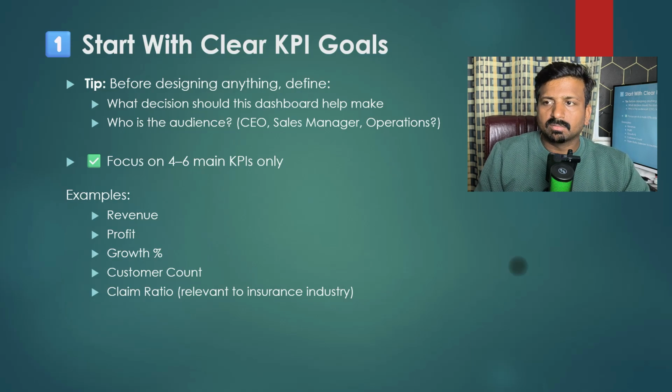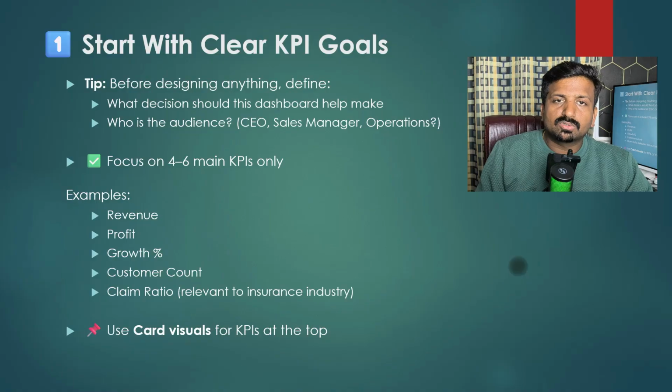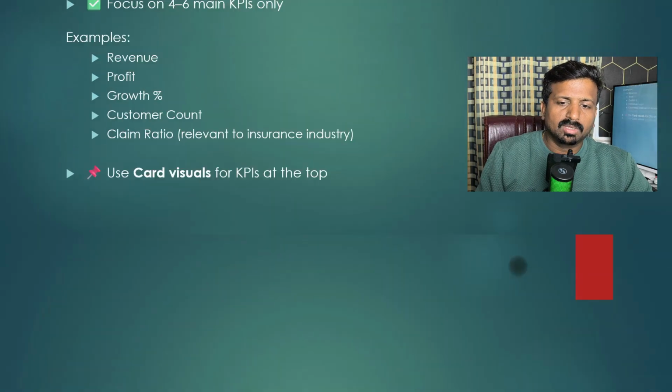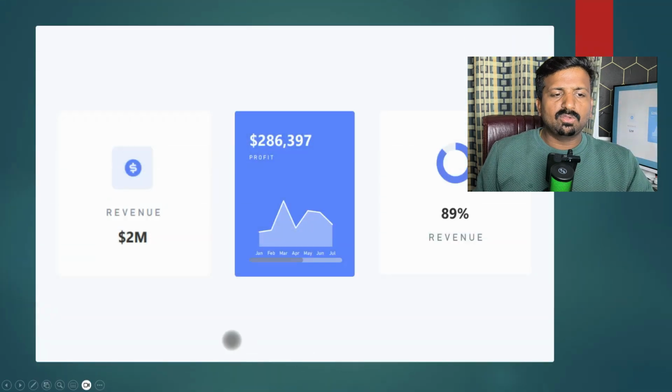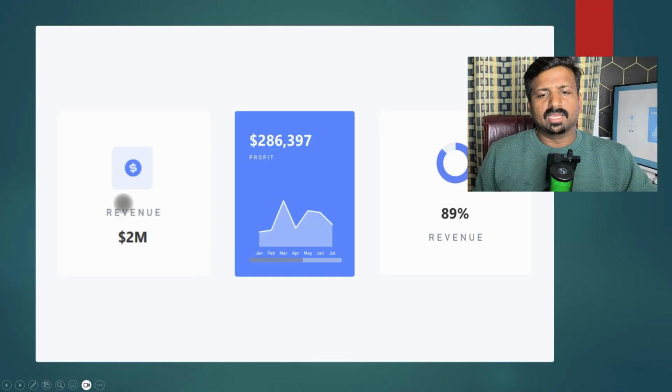Like what is the ratio? At what percentage is the ratio currently running? Then use visual cards to show on the top basically or on the left side of the dashboard. For example, we have shown some sales dashboard like revenue, on-time delivery, top customer, and top product, and bifurcation of those in details, right? Then moving to the next, where again we have shown one KPI value like revenue, then